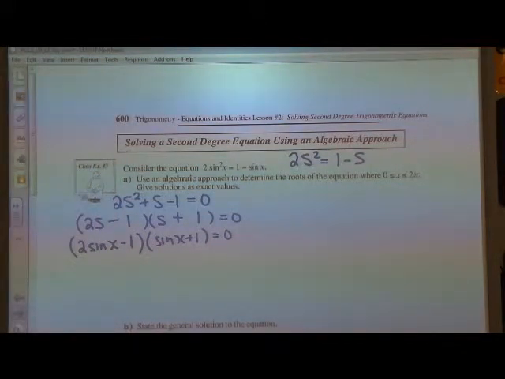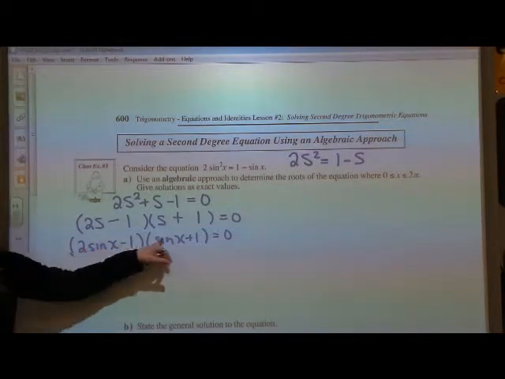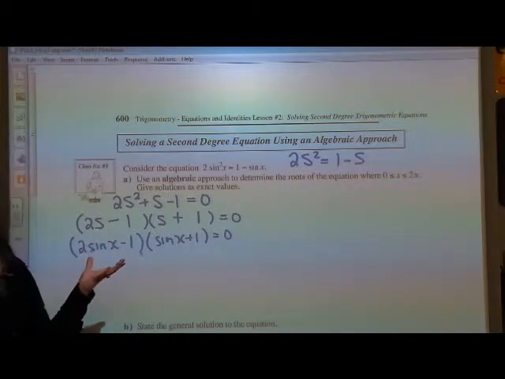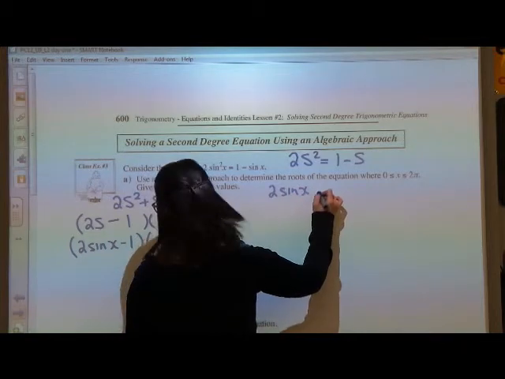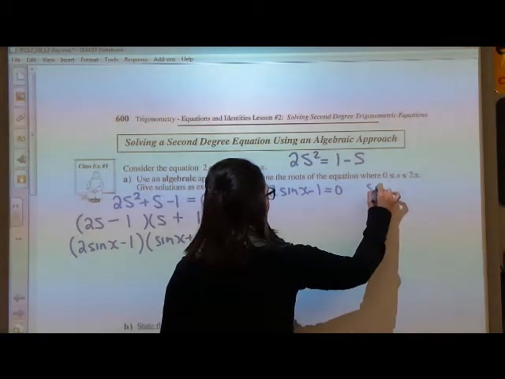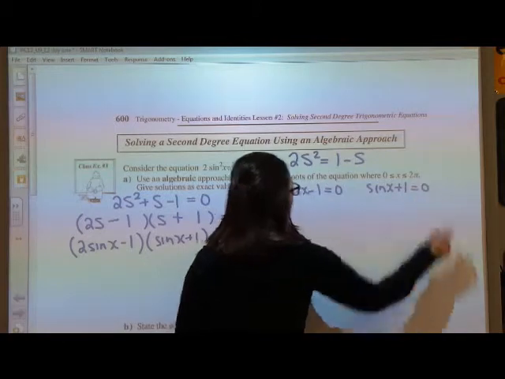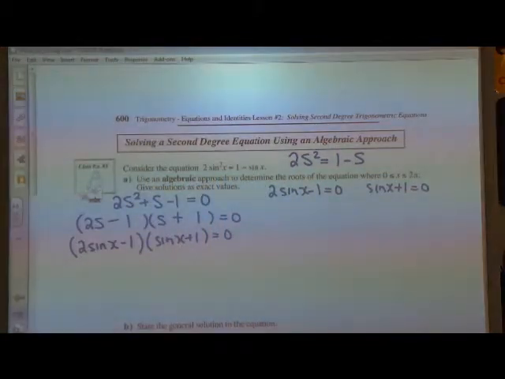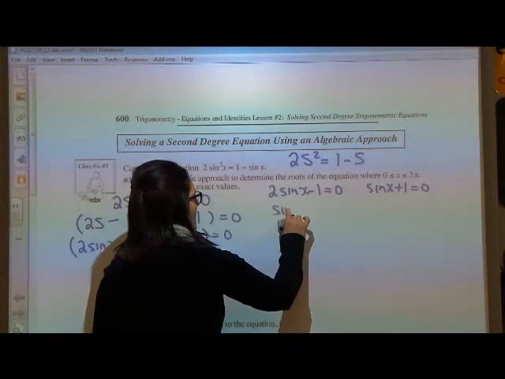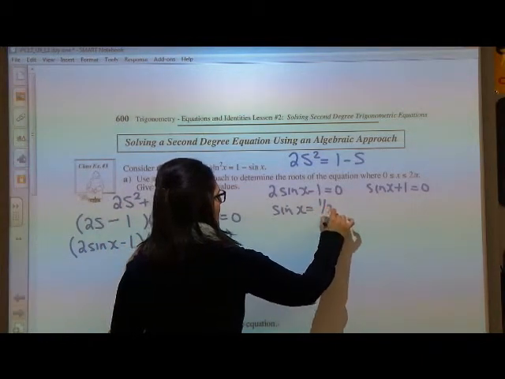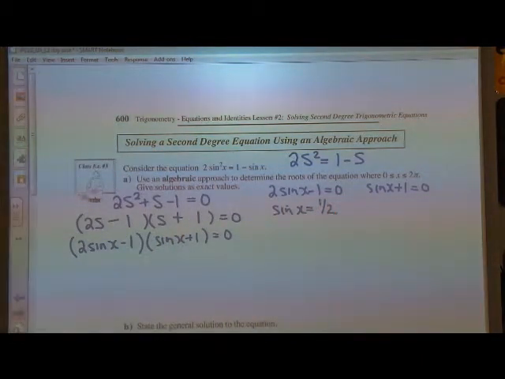Now if we go back to our zero theorem that we looked at in polynomials, it basically says if either one of these factors were to equal 0, the whole thing equals 0. So what I can do is let 2 sine x minus 1 equals 0 and sine x plus 1 equals 0 and solve each of those factors separately. I would isolate sine x, and I would get sine x equals 1/2,